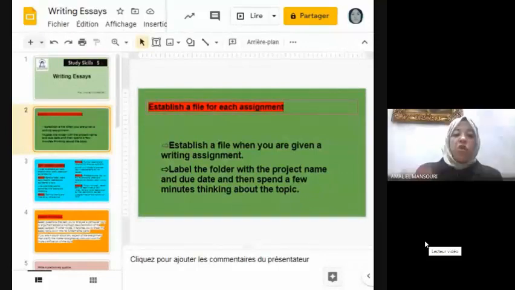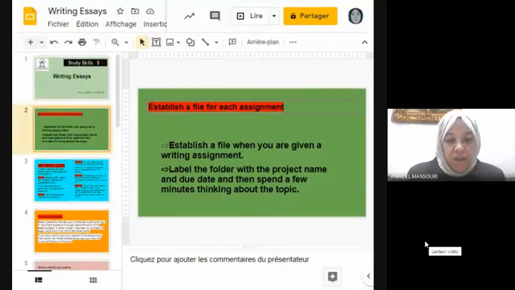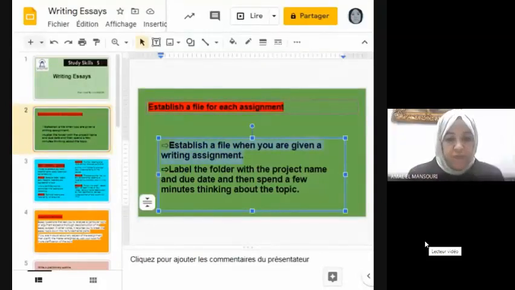So before starting to write, you have to establish a file for each assignment. Establish a file when you are given a writing assignment. This will help you organize yourself, because you know what things you should write a paragraph, an essay, or any kind of text about.